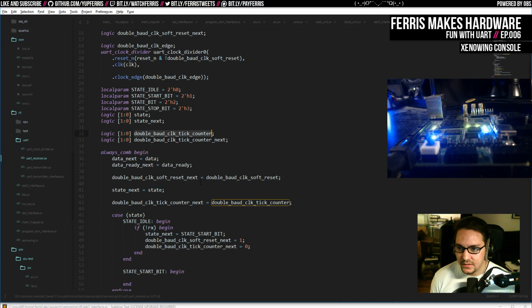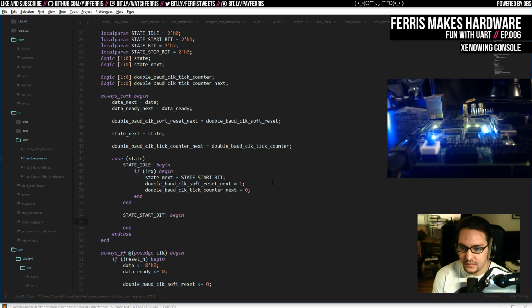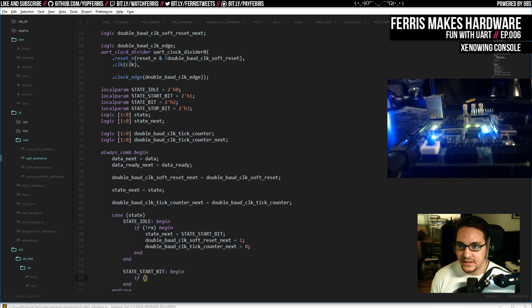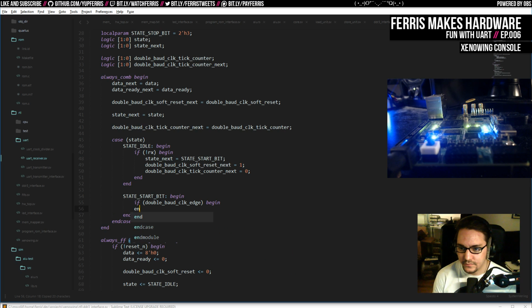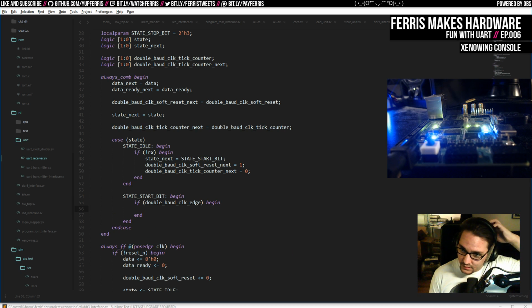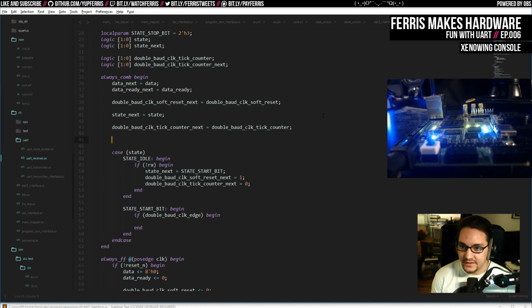And so here, if the clock edge, so if we get an edge on this clock, we're going to just increase this counter. You know, I actually do want to do it like this. Whenever we get one of these edges here,